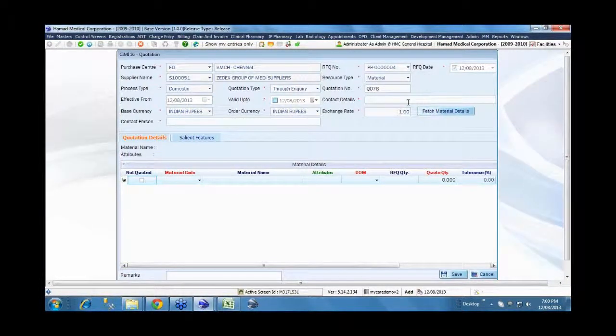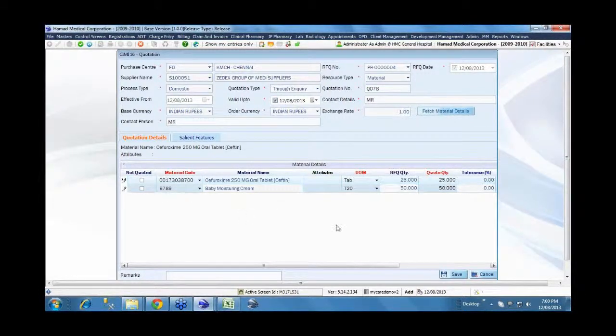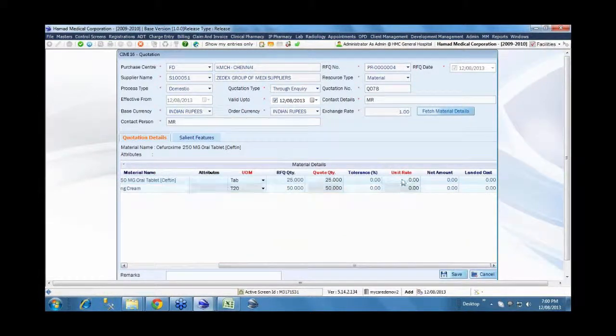So next time when there is a need for that particular item, instead of going through the complete process of requesting and getting quotations, if there is a quotation entry already available in the system, it will notify us and we can use that quotation also. In this case, we will choose it through inquiry. Based on the inquiry, we are receiving quotation entries, say from the first supplier and then from the second supplier.